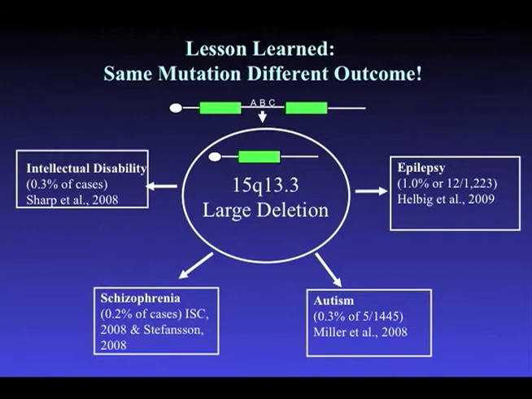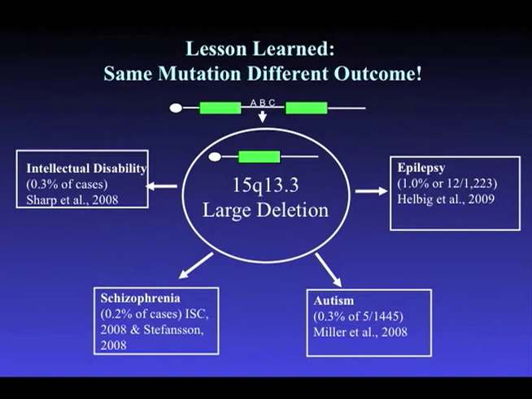And this is probably one of the most significant risk factors, other than maybe VCF, for schizophrenia. Later, it was reported as segregating in families with autism by David Miller, and then followed, I think, by another report by Tony Monaco. And then finally, in work that we did with a group out of Germany, we tested patients with idiopathic generalized epilepsy. So now this is, in fact, adults with idiopathic generalized epilepsy. We found essentially 12 cases out of 1,200 Northern Europeans that had this deletion. So that's 1% of idiopathic generalized epilepsy, and 0 out of 2,399 ethnically matched controls.